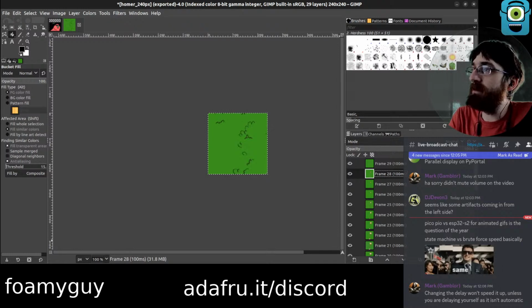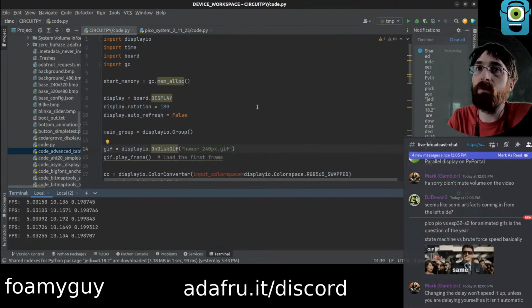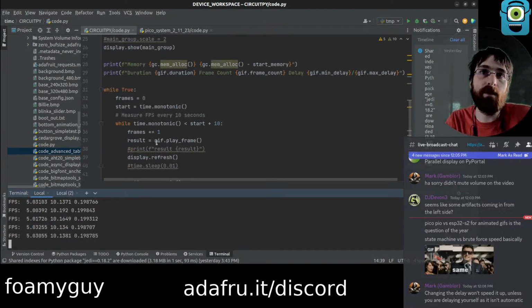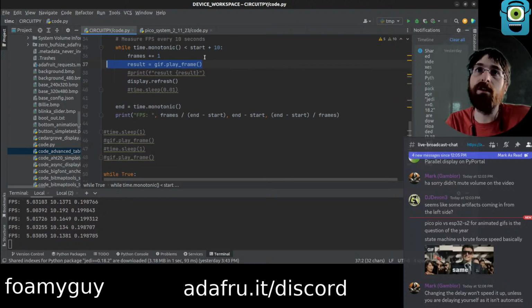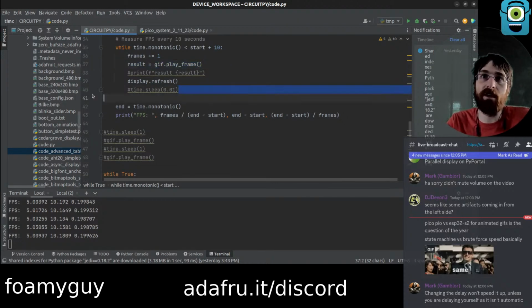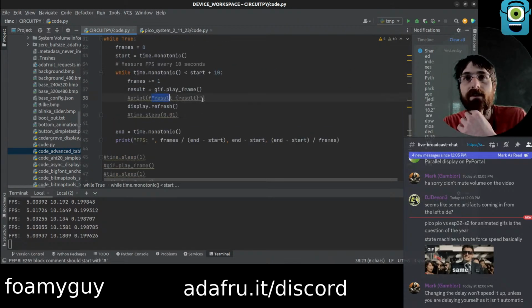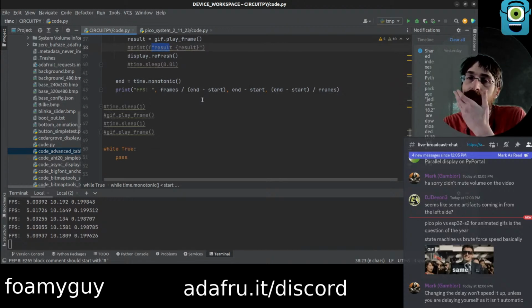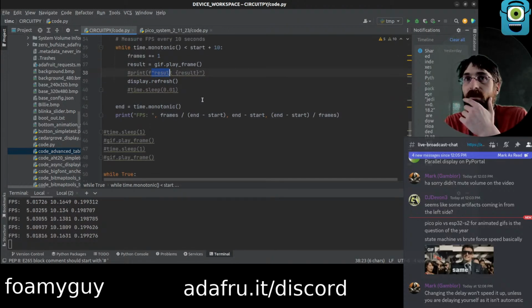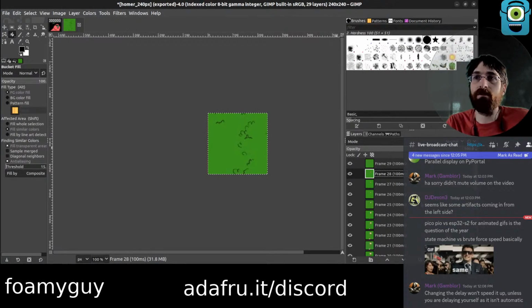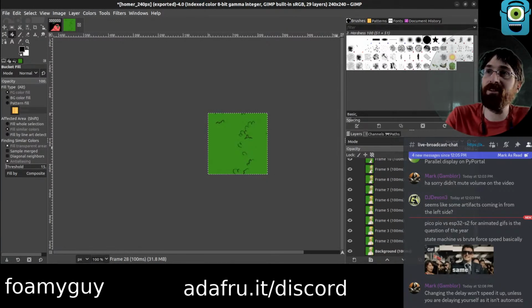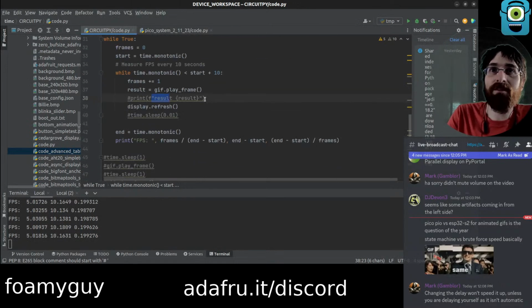Change the delay won't speed it up unless you're delaying yourself as it isn't automatic. Oh, that's a good point. Yeah. And I'm not. I still have the sample code. Okay. Yeah, that's going to change what this returns, but since we're not doing anything with what it returns, we don't actually have the delay built in. I put a commented one at one point and I was printing it at one point, but yeah, it's not respecting it. So that's not actually going to make a difference. That's a good point. Yeah, thank you for the heads up on that. So yeah, it won't change anything. I'm extra glad I did not go through the list, knowing that it won't do anything.